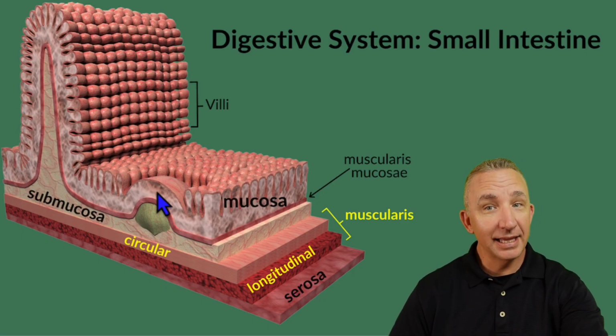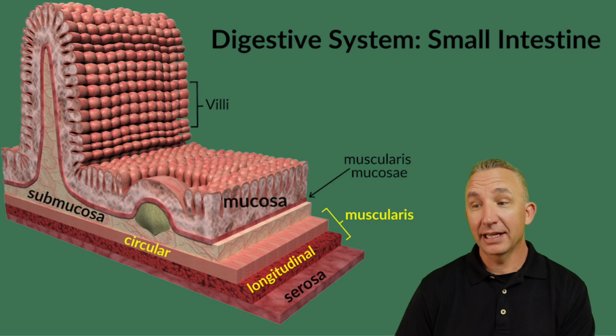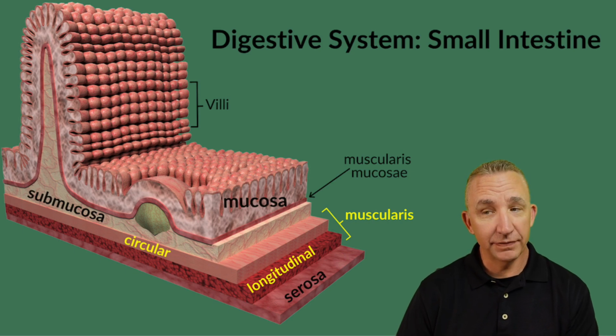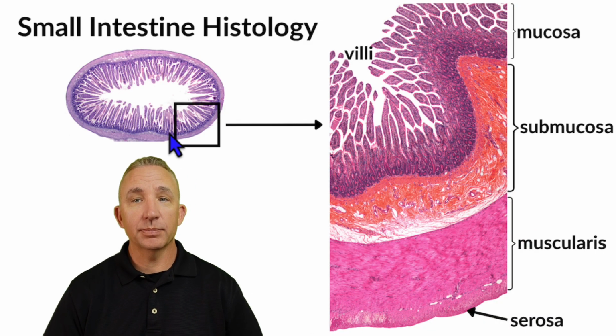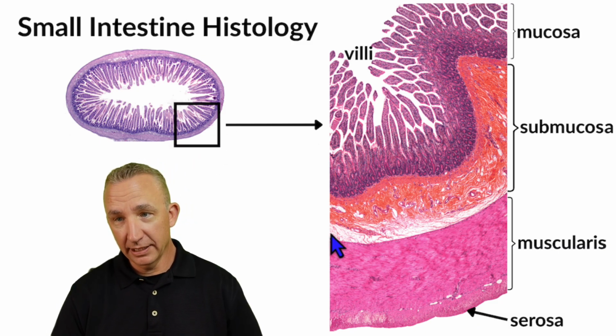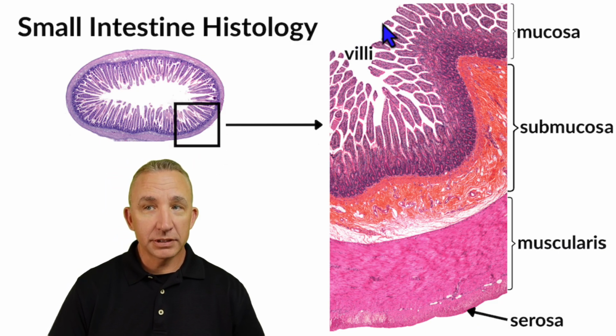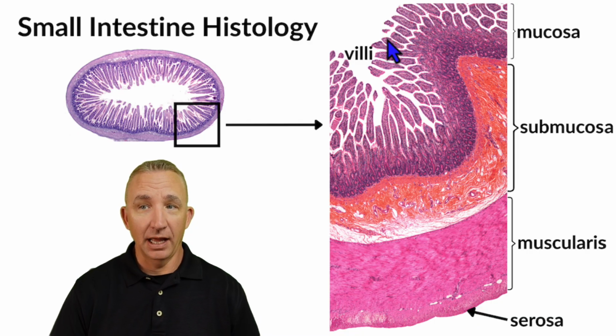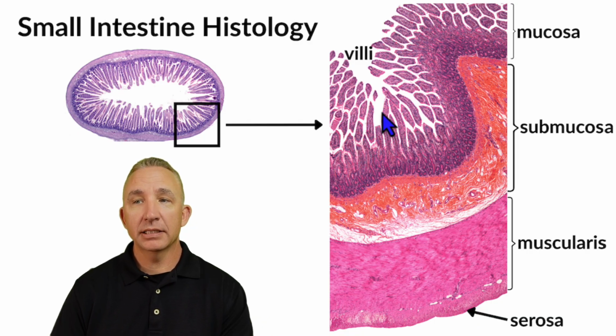So let's take this model and expand it into the histology of this. Different slides are different, but really what I'm doing is taking this box and expanding this segment here. The food is touching along the villus or villi. So all of these in my mind, and some of this is broken in this slide, but let's look at